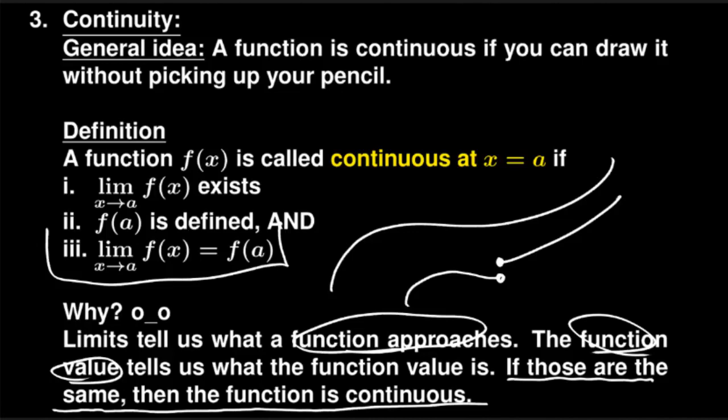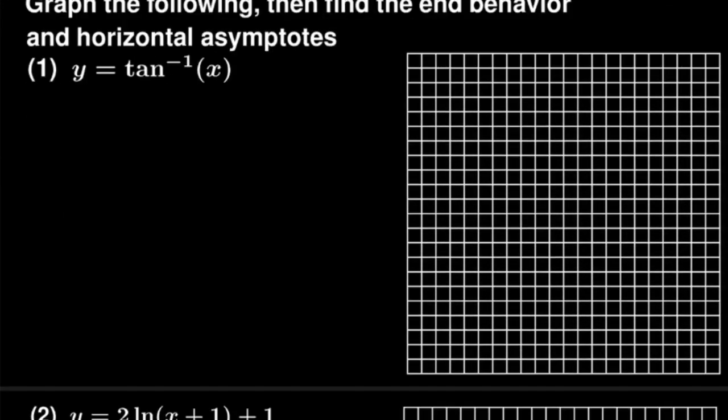The function has a value there. Alright, so let's kind of work with some of these concepts. Since I just talked about concepts, we're going to go into the average rate of change and everything later on with concepts. I just figured it'd be easier to group it this way. Anyway, so